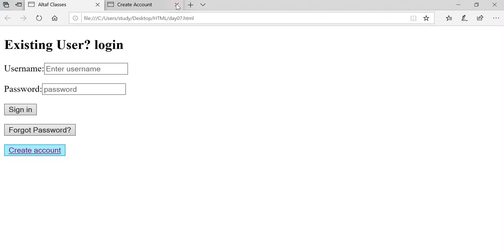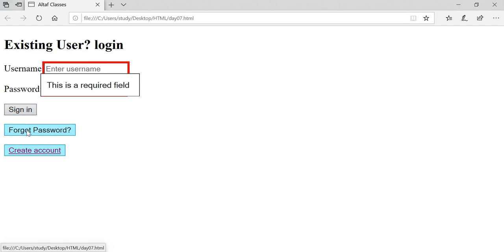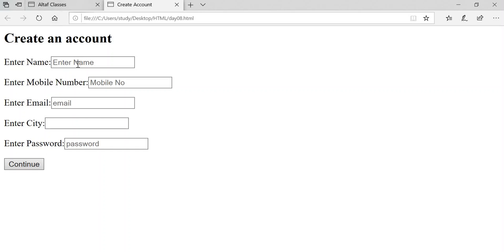Now I'm removing the older create account. If anyone has an existing username and password, they can sign in, and then they have forgot password. And if anyone wants to create an account, they can create an account. Let me add the name, Bob.